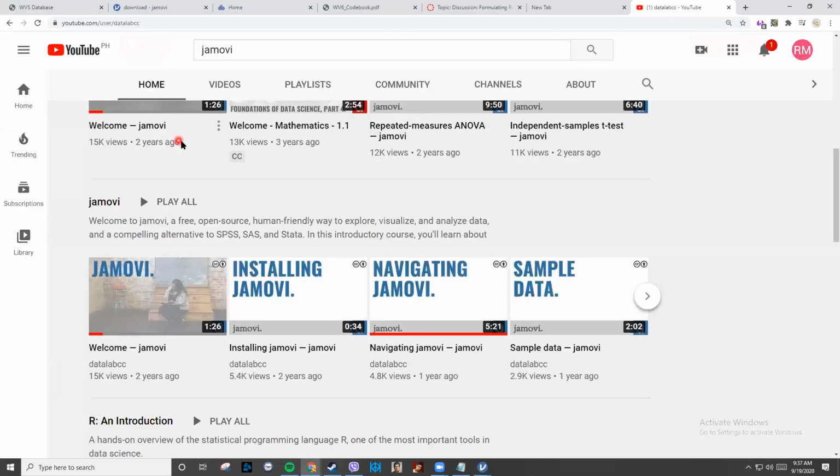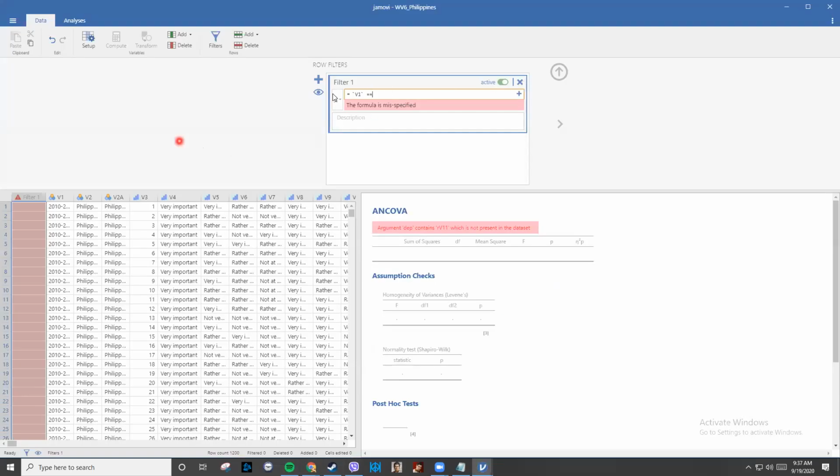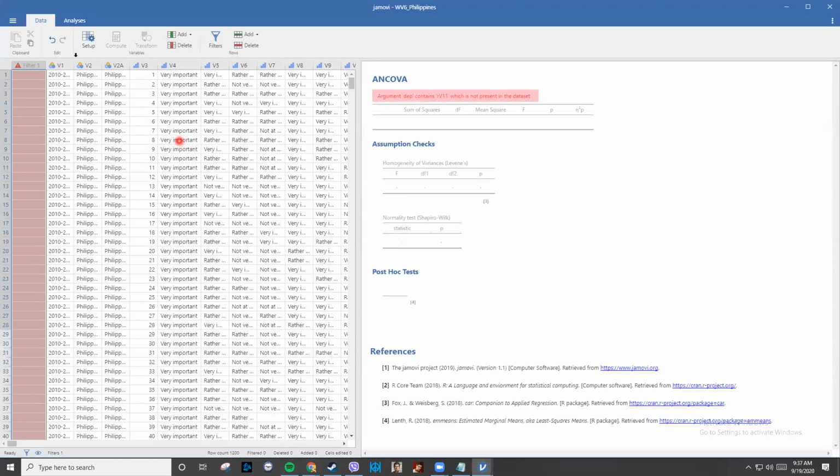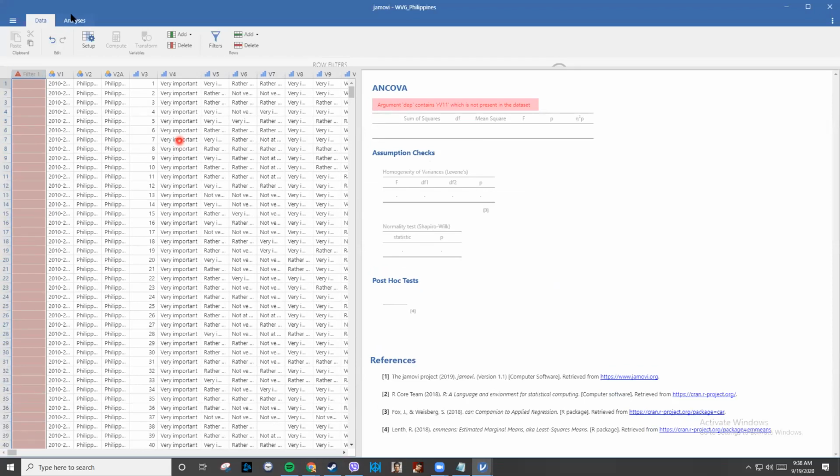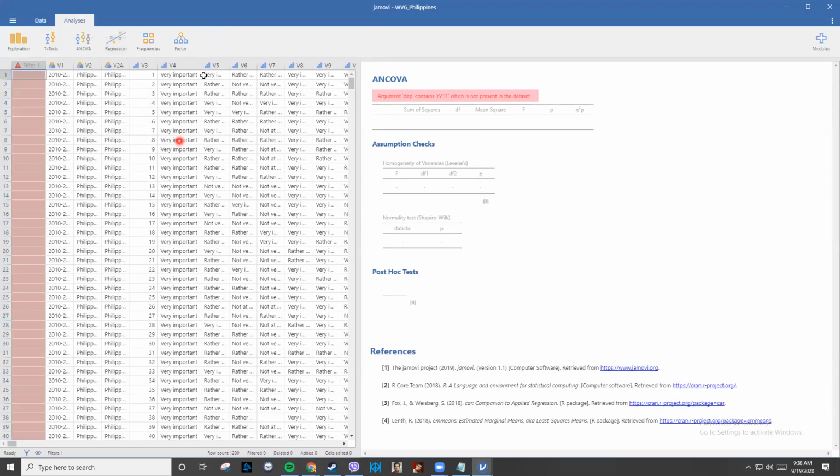Anyway, the coding here for filters isn't that important for this class, since the data that Ma'am Gina gave us is already filtered for the Philippines, and all we really need to do is analyze.